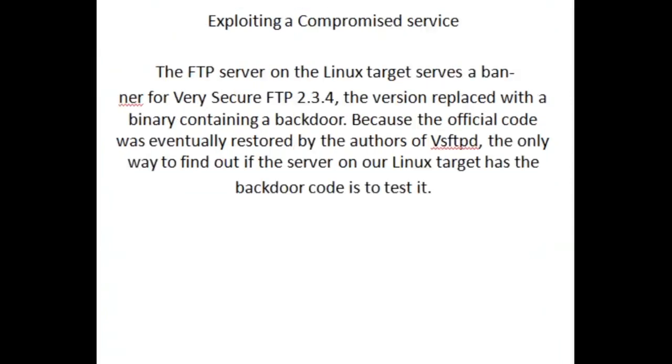Exploiting a compromised service. The FTP server on the Linux target serves a banner for vsftpd 2.3.4. This version was replaced with a binary containing a backdoor, because the official code was eventually restored by the authors of